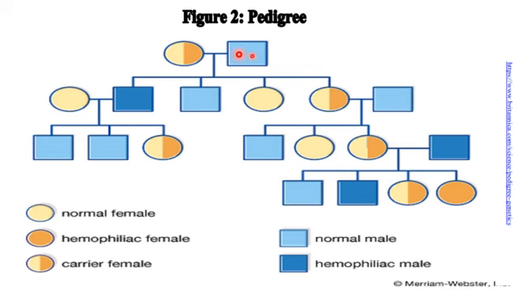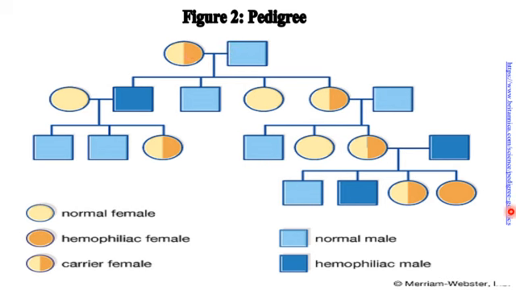A pedigree chart is a diagram that shows the occurrence or appearance of a phenotype of a specific gene from one generation to the next. It has been widely used to illustrate how sex-linked traits are inherited, just like this. Hemophilia is one of the X-linked disorders characterized by excessive bleeding due to lack of protein factors, wherein a person bleeds for a longer time after an injury. It can be inherited by the children if the parents are affected by the disorder, just like what happened to